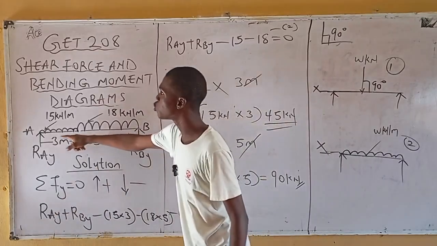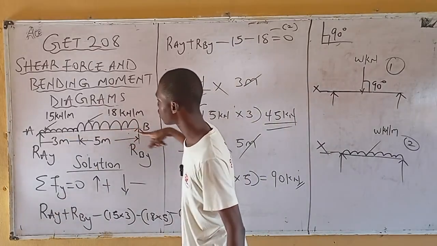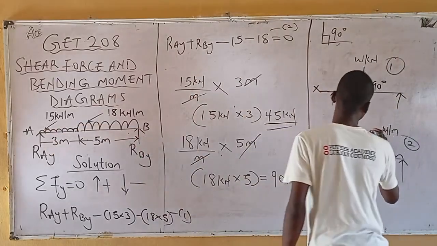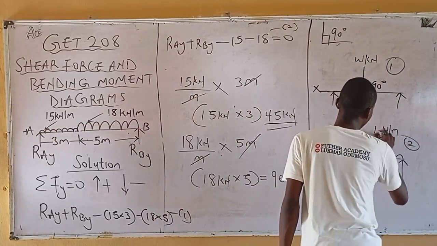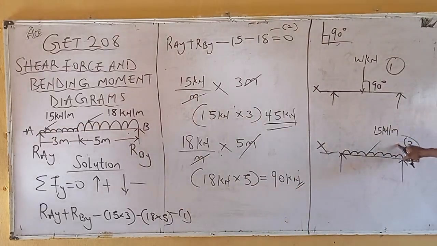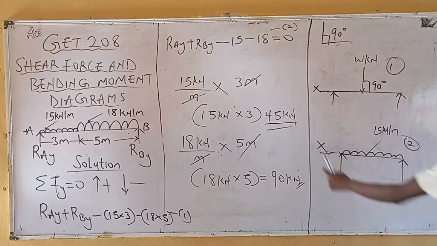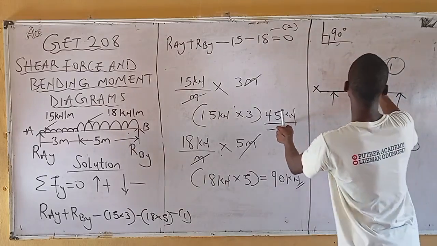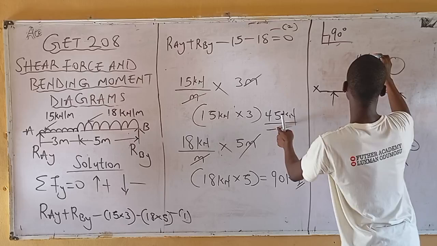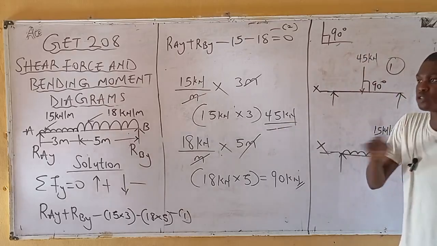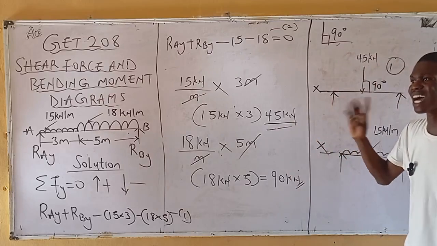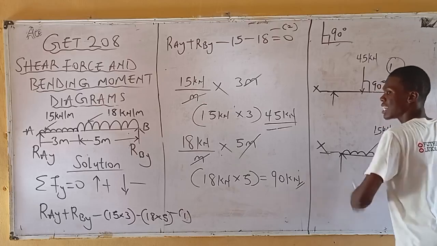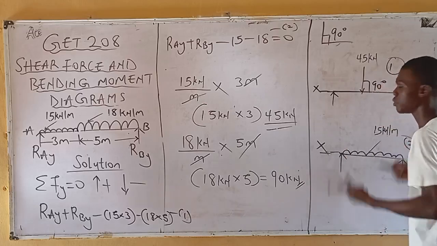If this beam was loaded with just a UDL throughout, a UDL of the same intensity, let's say I have 15 kilonewton per meter. I've converted. After conversion, I got what? 45 kilonewton. I got 45 kilonewton, meaning in this place, what do I have? 45 kilonewton. And we said for every load subjected to a beam, it must act what? At right angle to the axis of that beam. Meaning this 15 kilonewton per meter acts at right angle to the axis of that beam, which is this